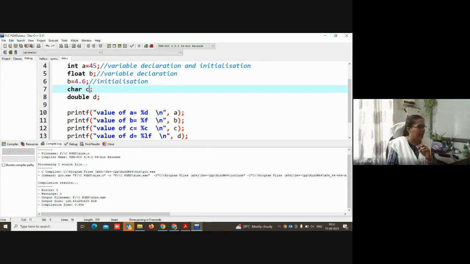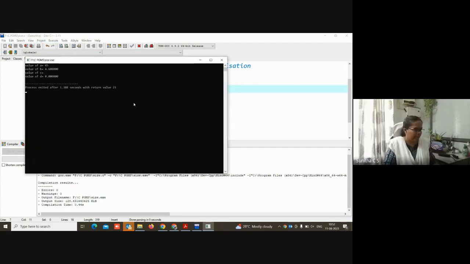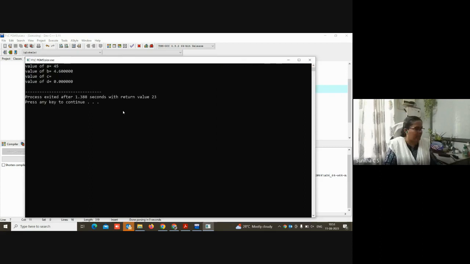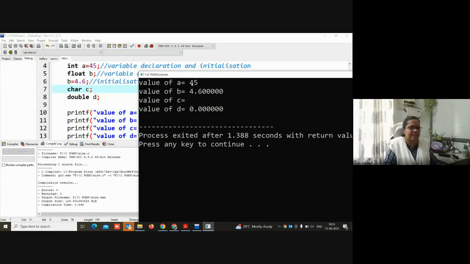So right now, when you execute this program, two variables have been assigned different values. For example, A is assigned 45 and B is assigned 4.6. But for the other variables I haven't assigned anything, so they still get the default values.